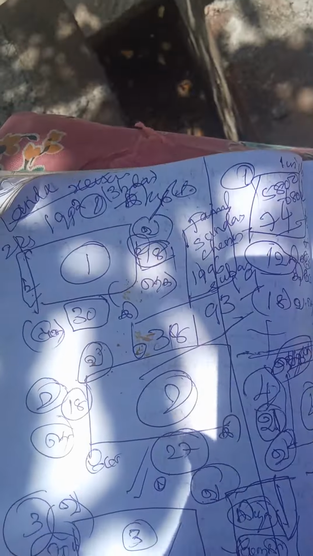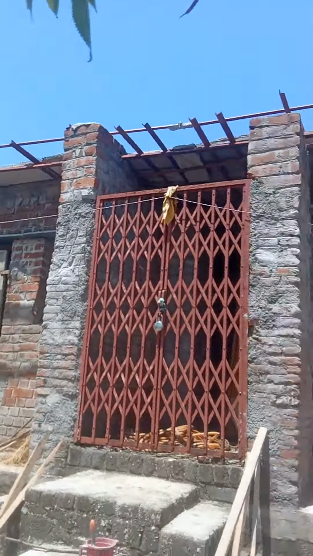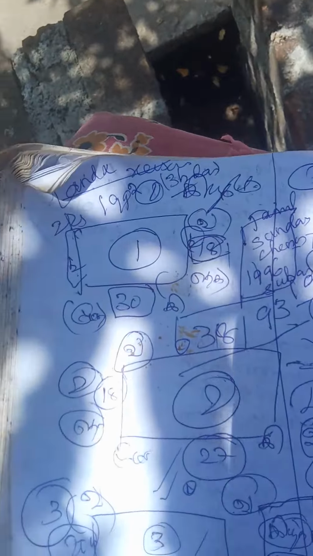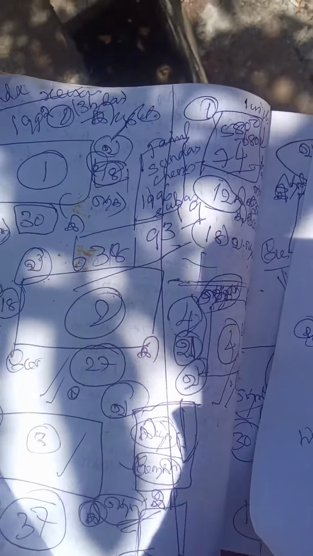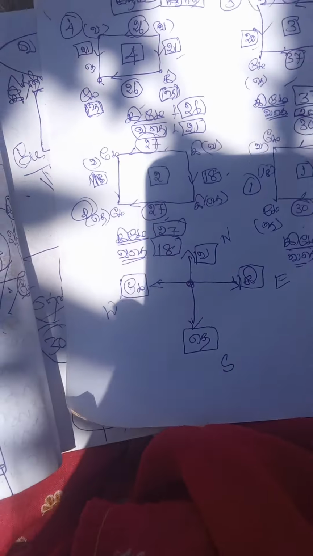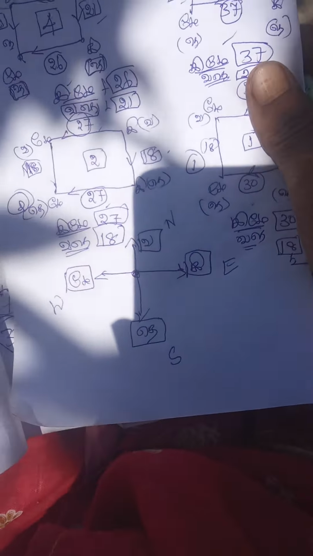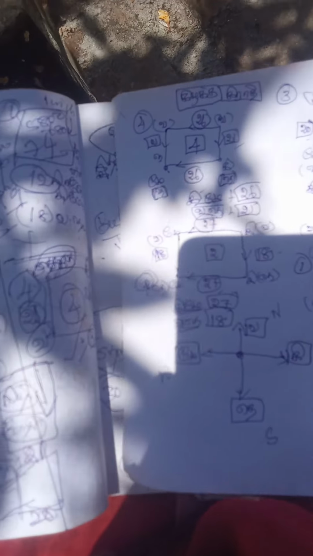So first, roughly, you have to write each and every measurement that we have taken. You have to write it roughly, but I didn't consider the direction there, so it is wrong. So the eighth standard teacher has started. I think over there is east, west, north, south. So each and everything I have drawn.